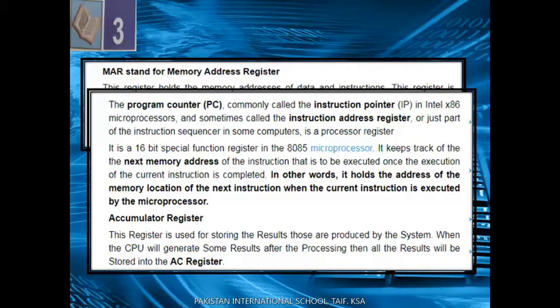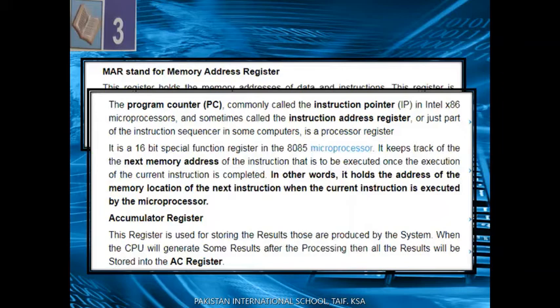The accumulator register is used to hold the results of your execution and the results of all your data. Sometimes the accumulator register is also called the data register. Accumulator AC and data registers. So accumulator registers hold the operands. Operand means the value that the ALU operates on during the execution of an instruction. Operands are values on which operations such as addition or multiplication are to be performed.